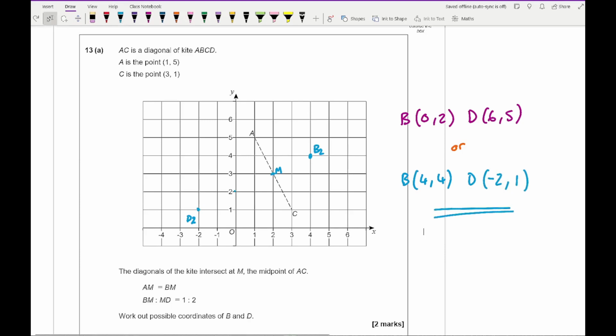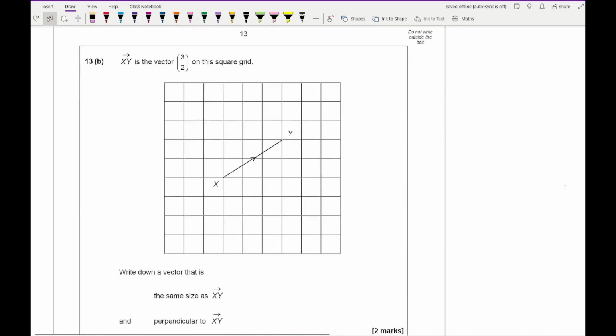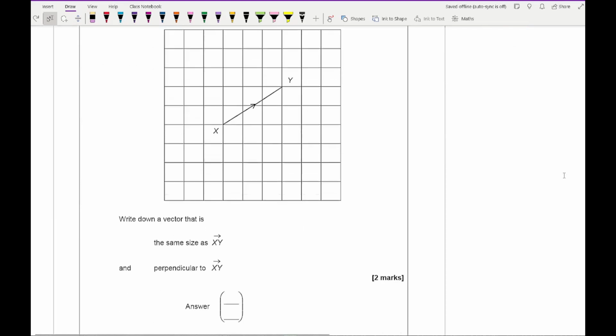And there we go. Moving on to question 13b, it says x to y is the vector 3, 2 on the square grid. Write down a vector that is the same size as x to y and perpendicular to x to y. So for this, what we need to do is basically draw the line, so that's going to be there. So what I'm wanting is the column vector of this line here. Now the line could go there, or it could go in the opposite direction